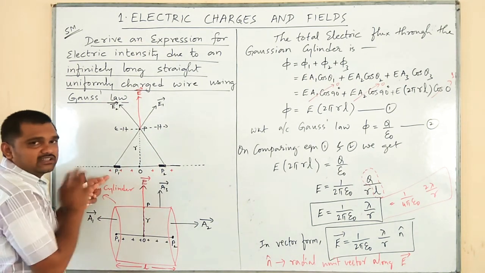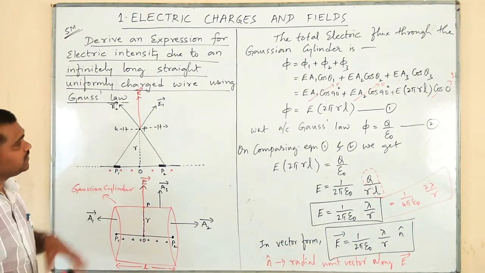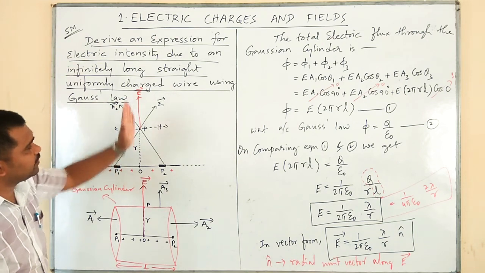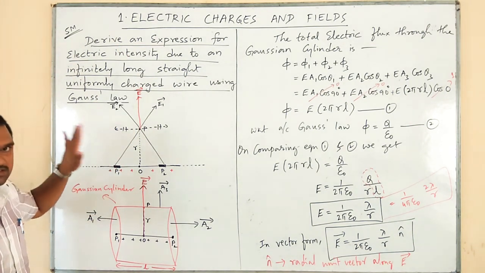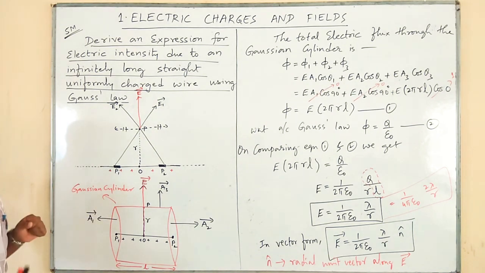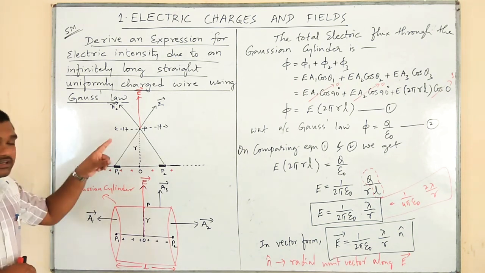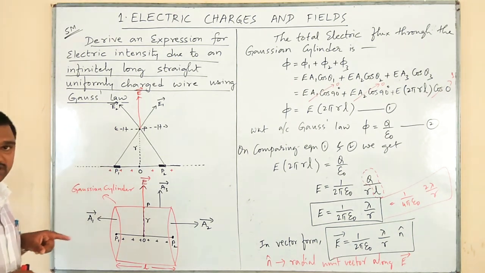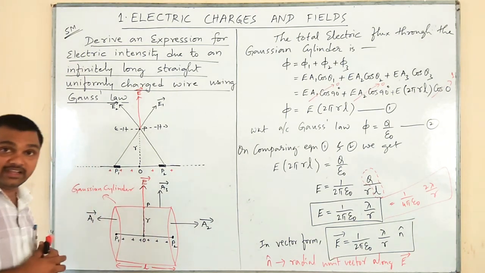Since positive charges are present over there, we will take the outward direction. The resultant of E1 and E2 would be the electric field vector E. Next, still we haven't followed a single rule of Gauss. What is the first rule of Gauss law? We have to imagine a closed surface symmetrical to the charge distribution, isn't it? Therefore, we will imagine a Gaussian boundary.